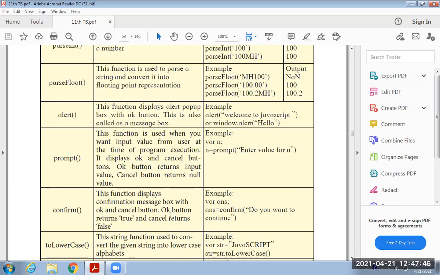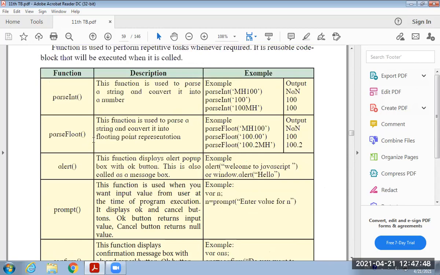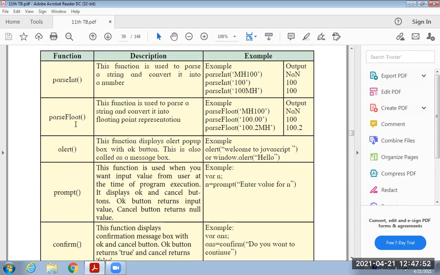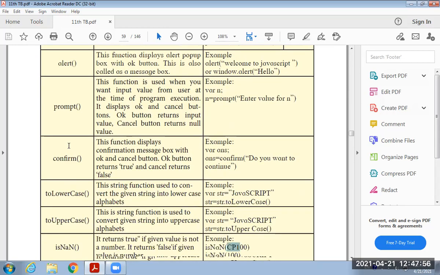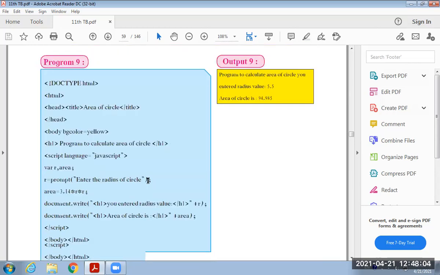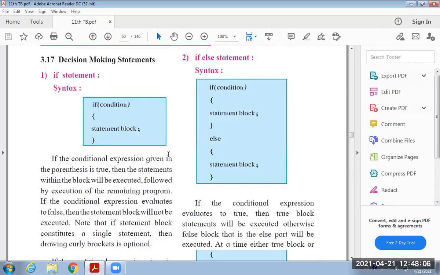These are some built-in functions in JavaScript. First one is parseInt, second parseFloat, third alert, next prompt, one more is confirm, toLowerCase, toUpperCase, and isNaN. These are built-in functions.